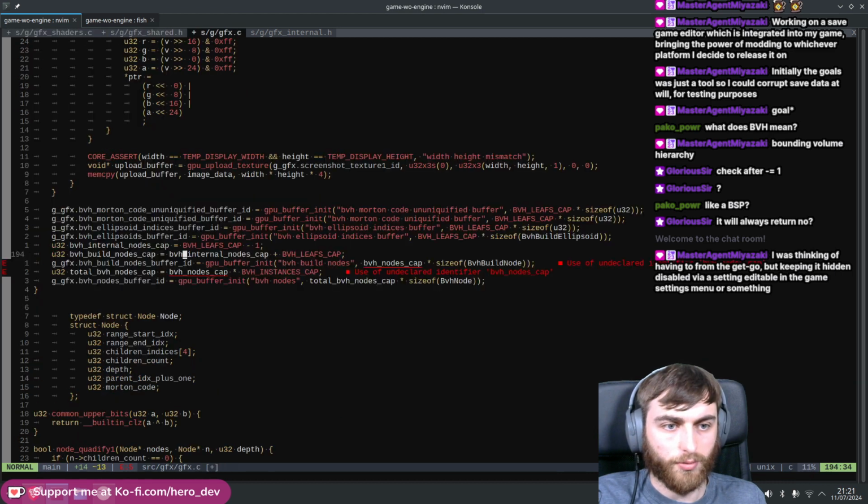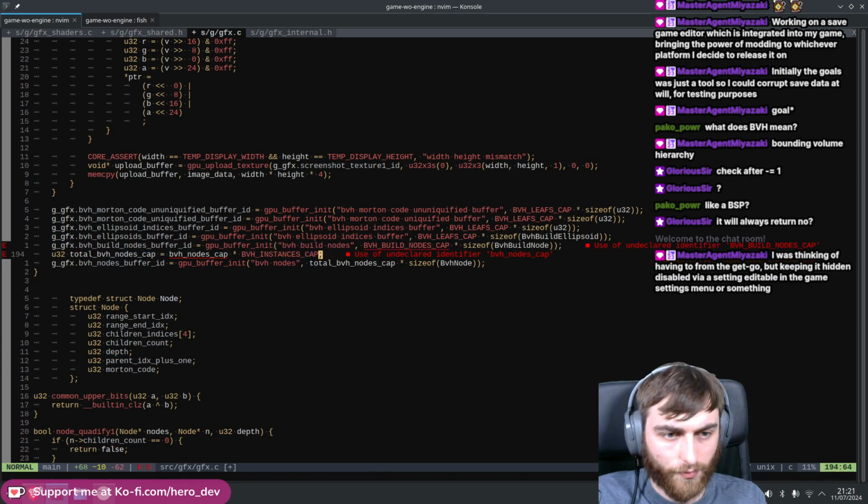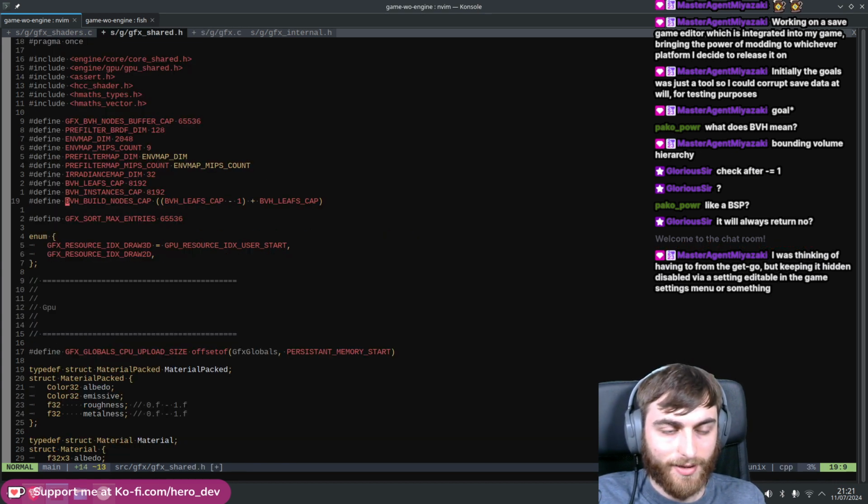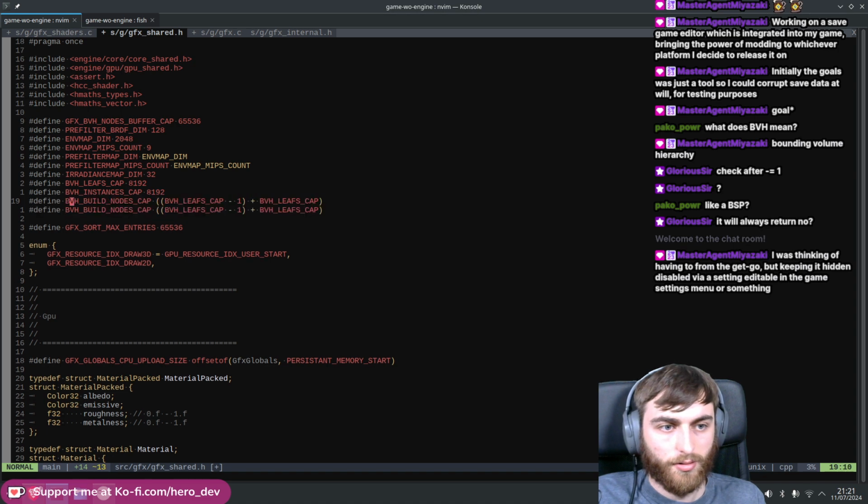Pretty straightforward. So that is this. Then the number of BVH nodes in this one has up to 4. So that's for a binary tree, but for a quad tree, so it's